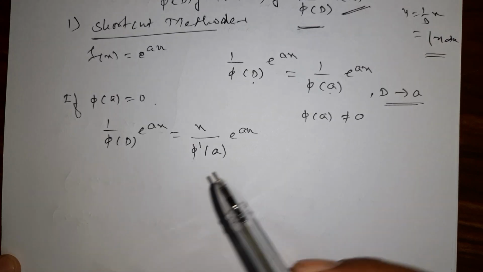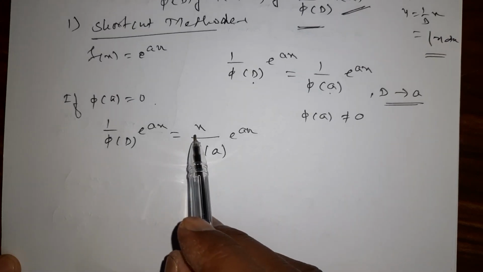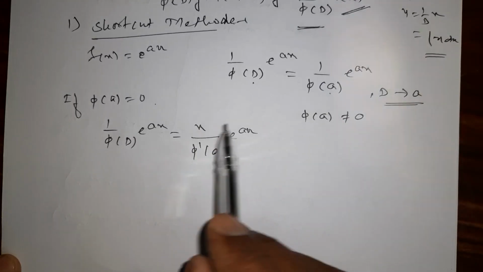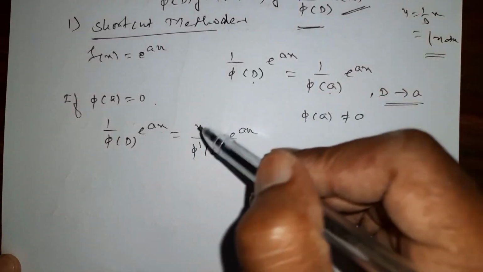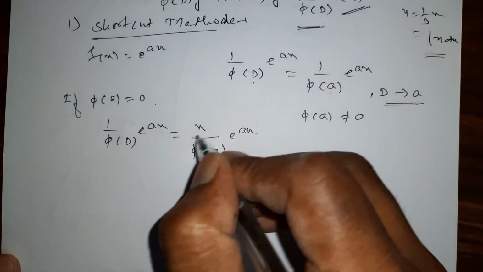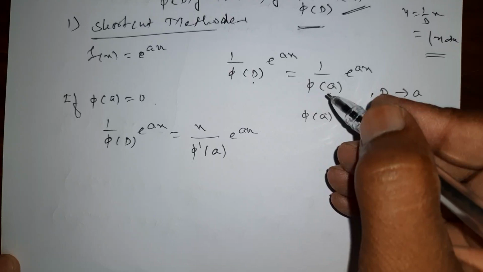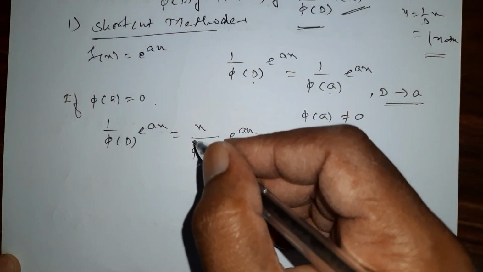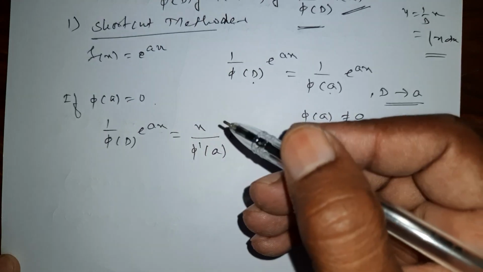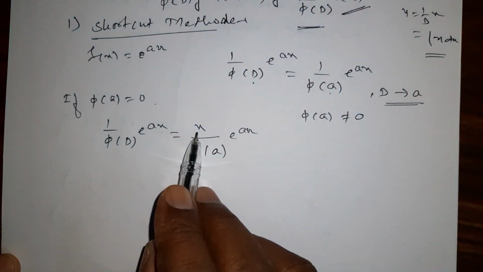Now your question is, we have multiplied by x, but if a different variable is there, then no problem, you multiply by that variable. Suppose if I take d by dx as capital D, or d by dt as capital D, then I have to multiply by t. Here d by dx is there, that's why we multiply by x. If d by dz is there, then we multiply by z, like that.